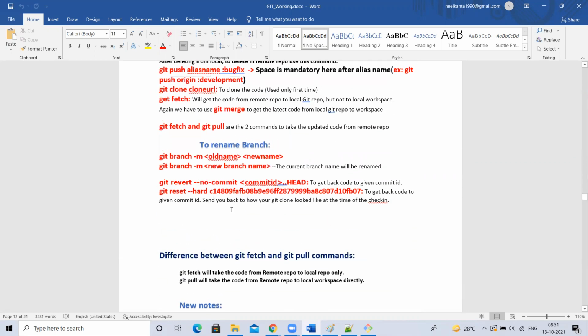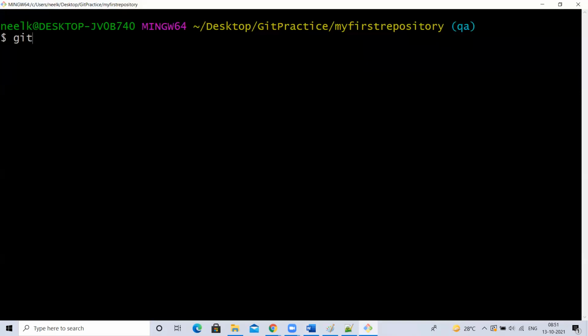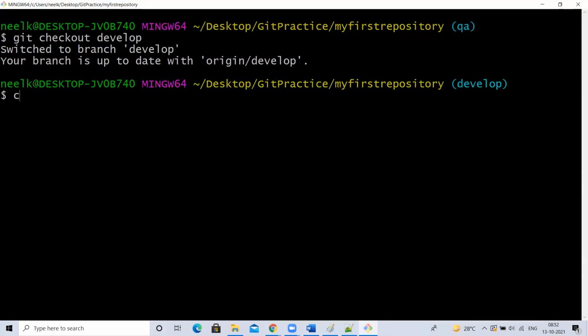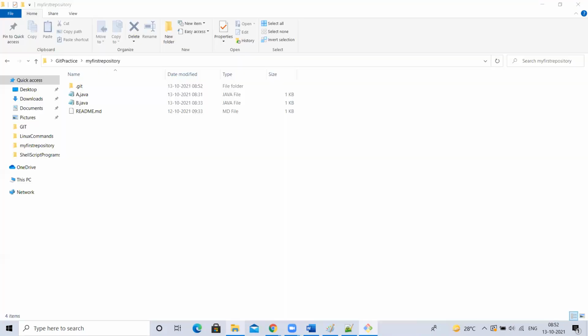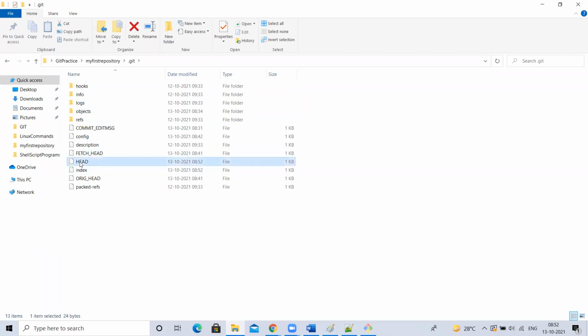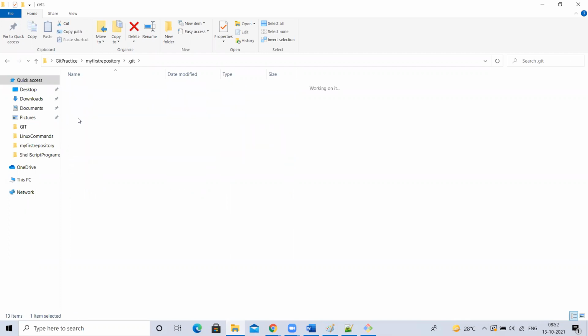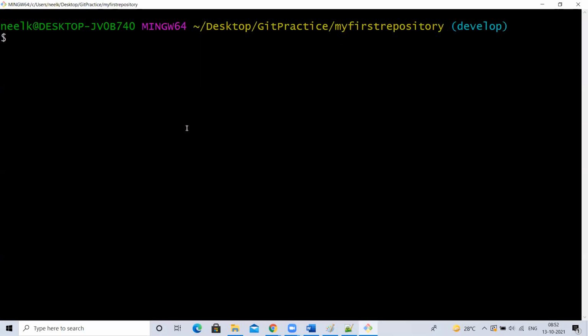revert changes. Okay, revert changes. See, now inside my Git repository, what will be the path now? I checked out to the development branch. What will this HEAD file path be now? ref/head/develop. If I get into this ref/head/develop and open it, what will it show? The latest commit ID. Yeah, my head version commit ID, right? That head version ID it will show.